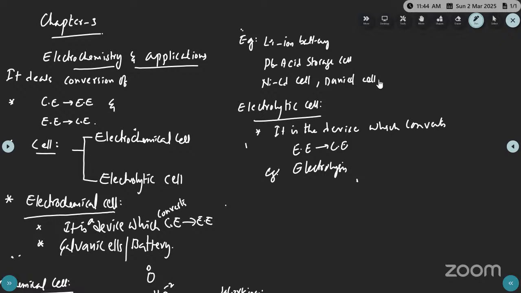Examples are finished. Next, electrolytic cells. So it is the device which converts electrical energy into chemical energy. Example, electrolysis. After that,